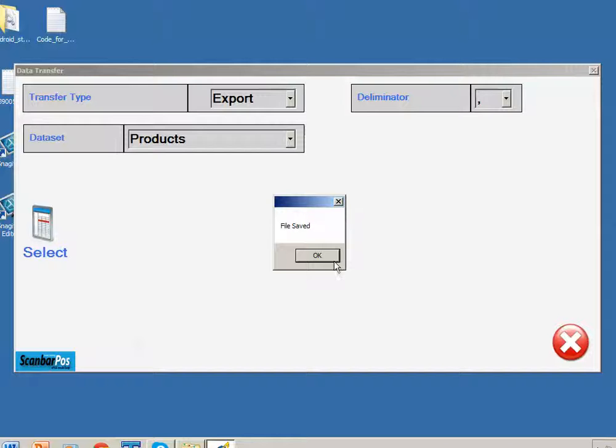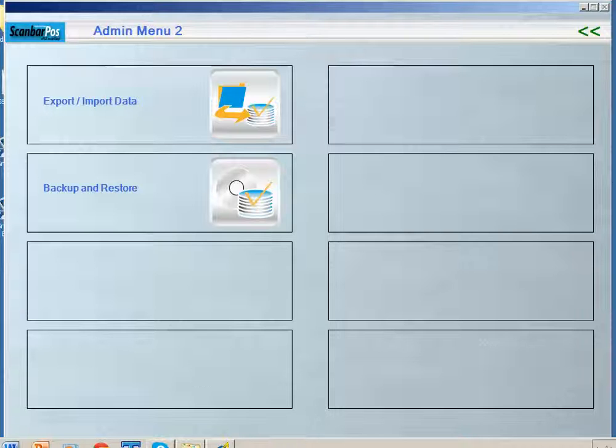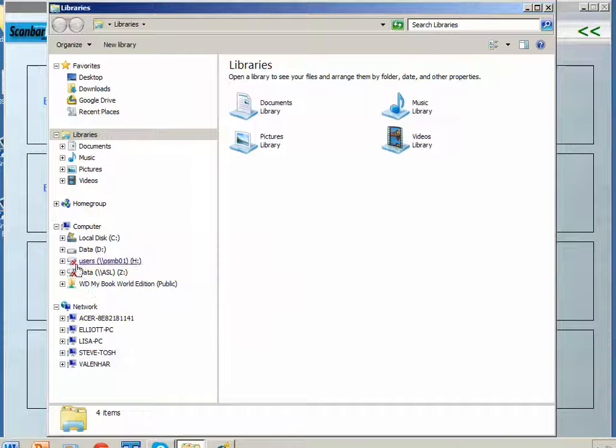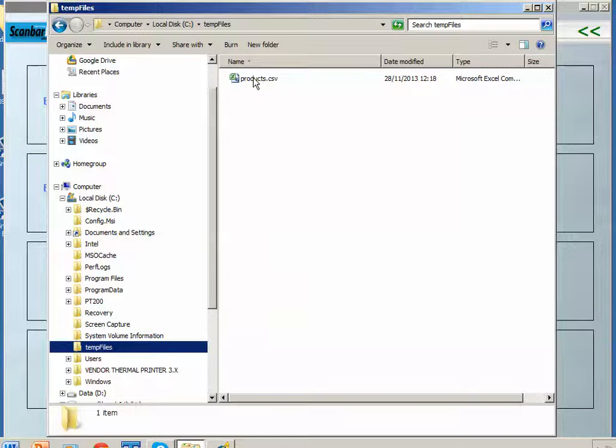It takes a little while on our test system this morning, so that prompts us to say the file has been saved. So if we now go and look at the test file in temp files and the products.csv,